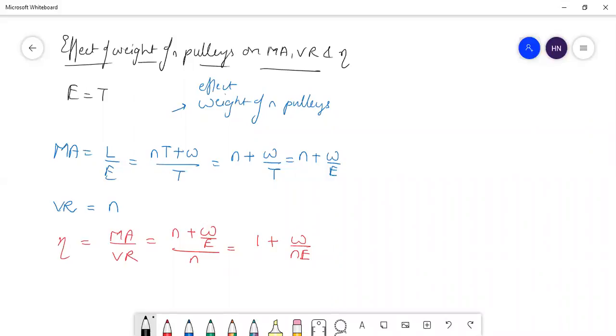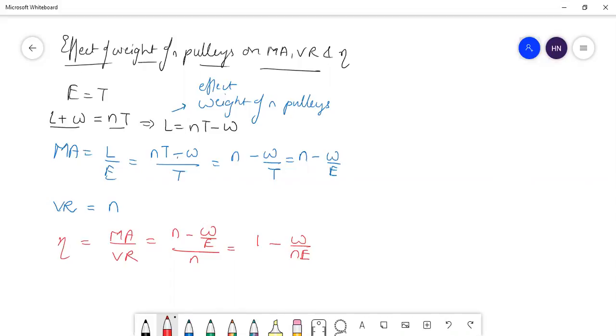Your tension is getting balanced by your load and W. So load plus your weight balances your total tension NT. This is your downward force, this is your upward force, which implies your L will be NT minus W. Sorry, just a small correction over there. That is why I said, why is it coming more than 1? It will be NT minus W, or N minus W by T, N minus W by E. So here also the final it will be 1 minus.